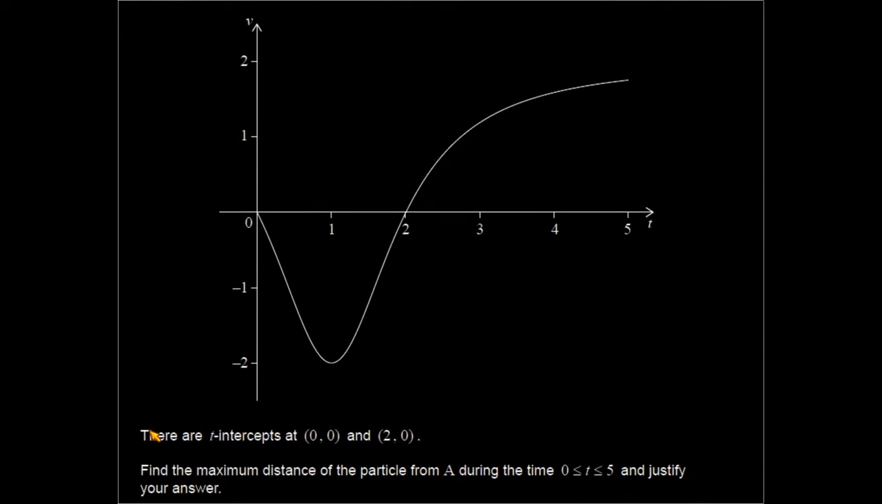Now, it says that there are t-intercepts at 0, 0, so the graph crosses here and here at 2, 0. Then it says find the maximum distance of the particle from A during the time between t is 0 and 5 and justify your answer. So first thing we need to do is to work out the relationship between this graph, which is the velocity,